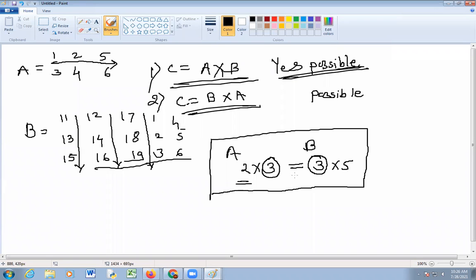Row from first matrix and column from second matrix: the resultant C should be like this. Did you get? Yes, sir.